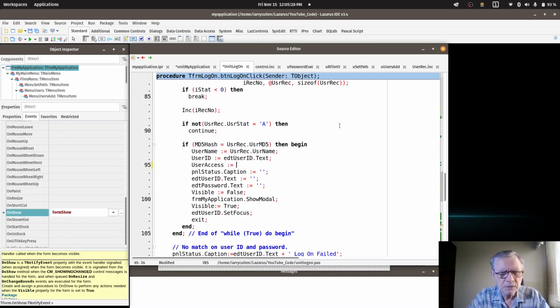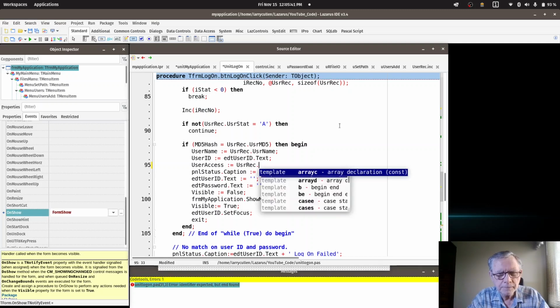And we're going to set that to what? Something in the user record. So that's going to be user rec dot. Oops, I must have spelled something wrong. That's weird. Why isn't that coming up with